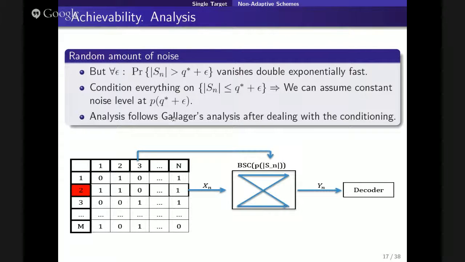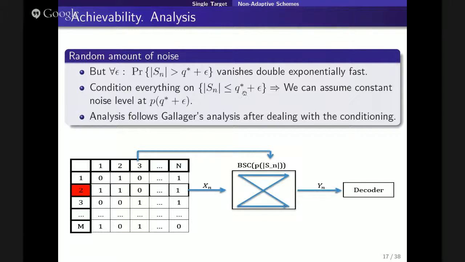And then we basically follow Gallagher's analysis to get to the random coding error exponent. And this is almost true, because if you take IID events and you start to condition on all kinds of things, you lose independence. So if you throw 100 coins independently, and then you ask questions conditioning that you got 15 heads, then these events are not independent anymore. So it's almost true that we follow Gallagher's analysis.